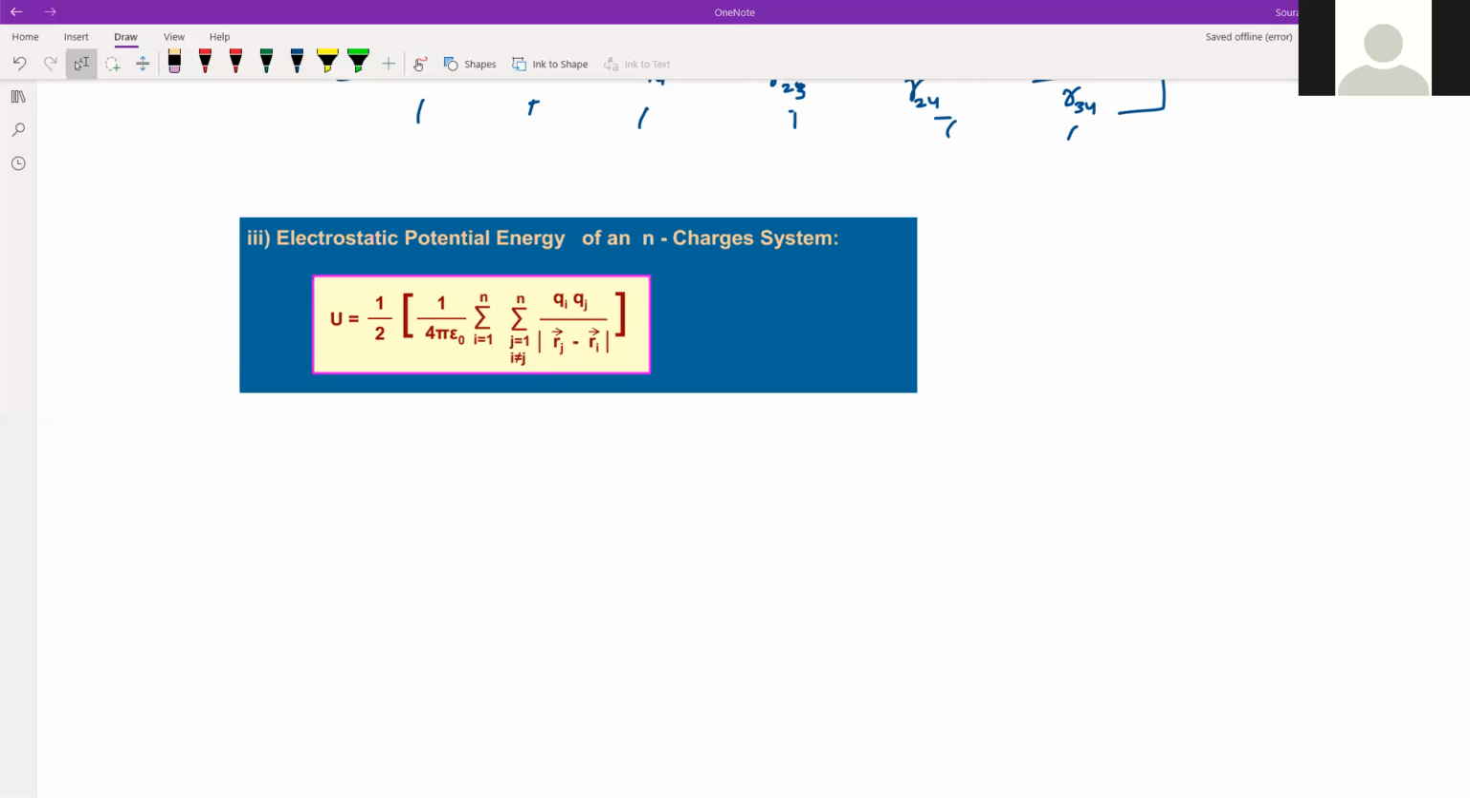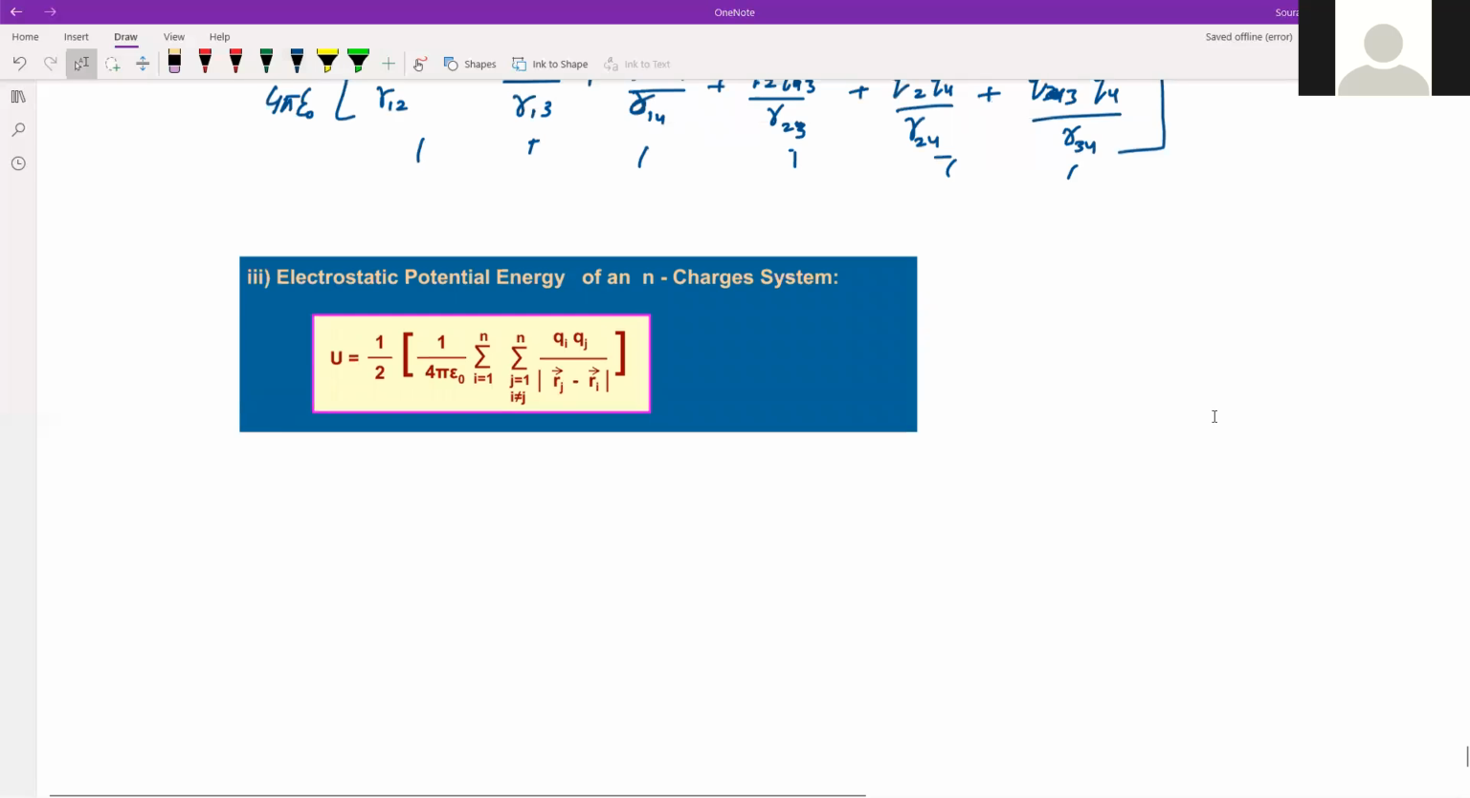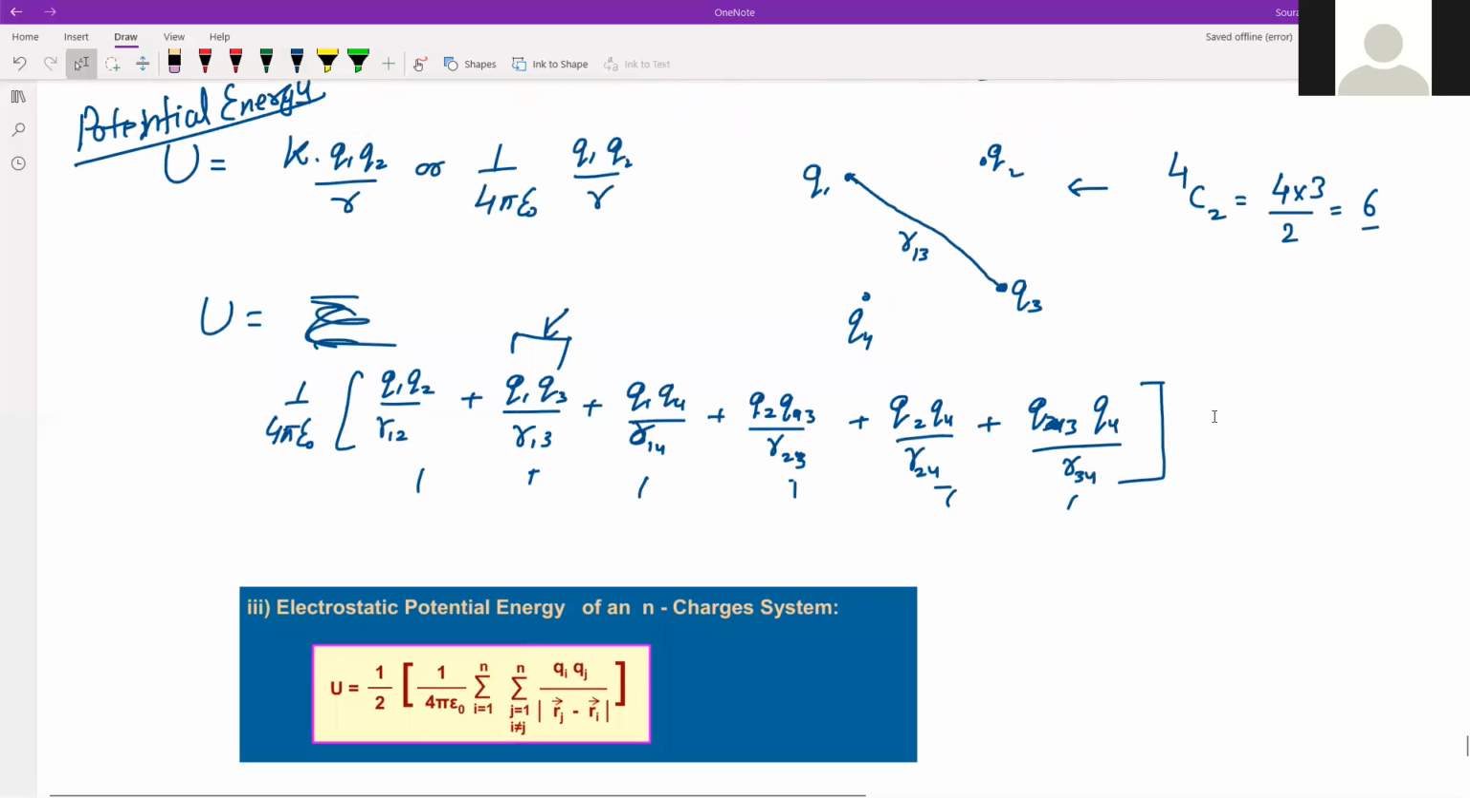So what exactly is that half? In this, if you see, I have taken R12 but not R21, because that doesn't make any sense. Both will be the same. So what this formula takes is that you take all such combinations. That is, 4C2 will give you only combinations. This actually means